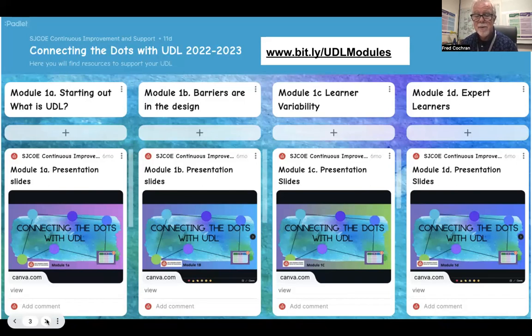It's still a work in progress, but I think it's a good starting point for those of you who are beginning to look at how UDL can be a game changer in your classroom. The bit.ly is right here, so you can see that on the screen. And feel free to offer comments, share any information that may be helpful to support others with their UDL journey.